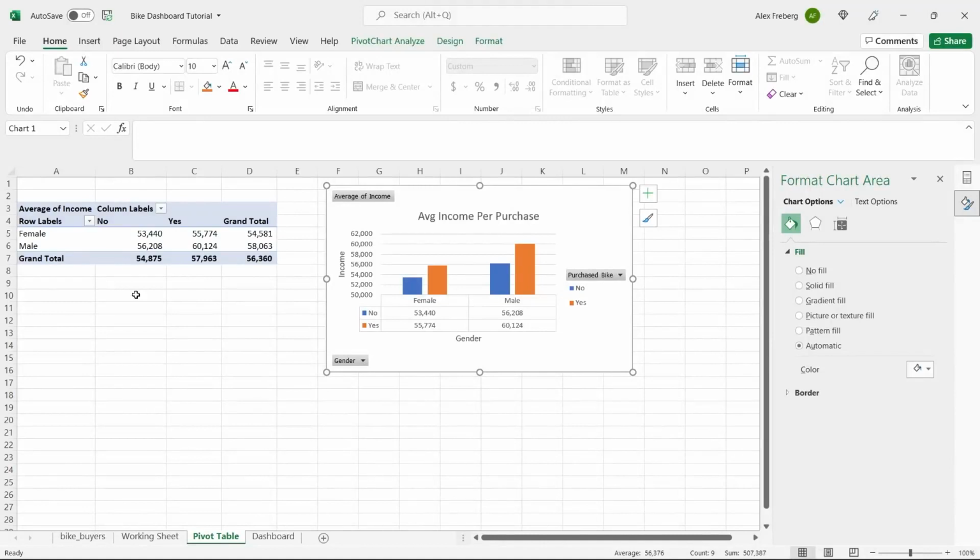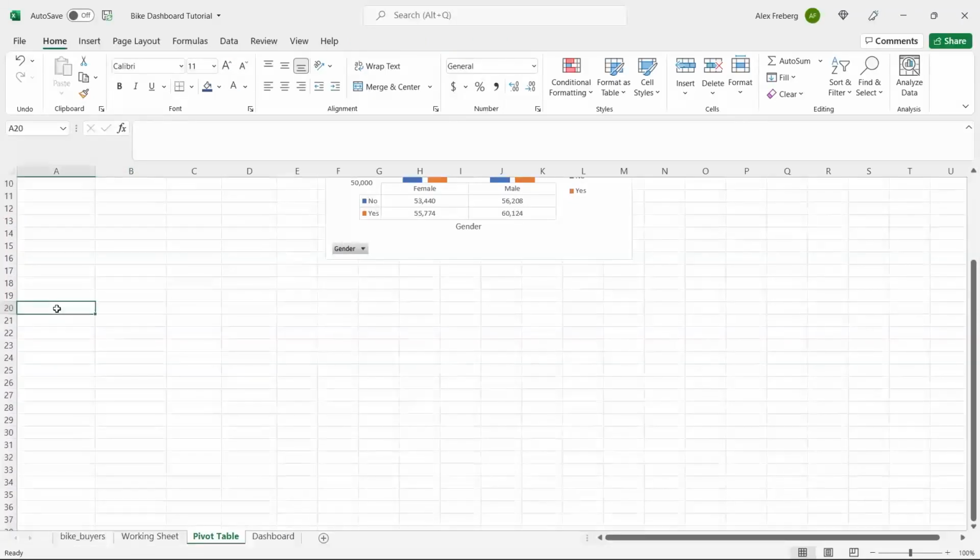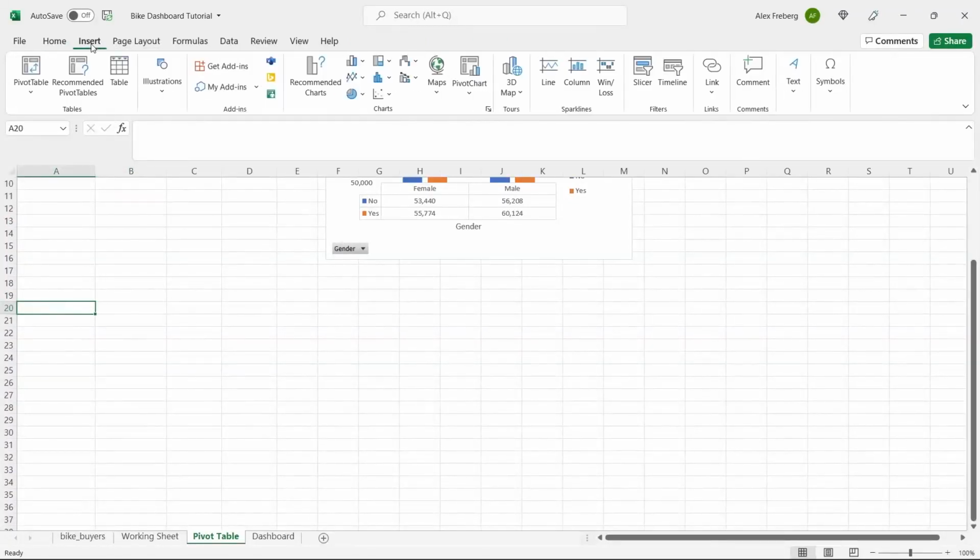So we created our pivot table, and then we created our visualization. That's basically exactly what we're going to do for all of these, because all of these need pivot tables in order to create the visualization. So let's get out of here. We're going to scroll down, and we're going to create our next pivot table. And once we get done with all of the pivot tables, or all the visualizations that we need, then we will